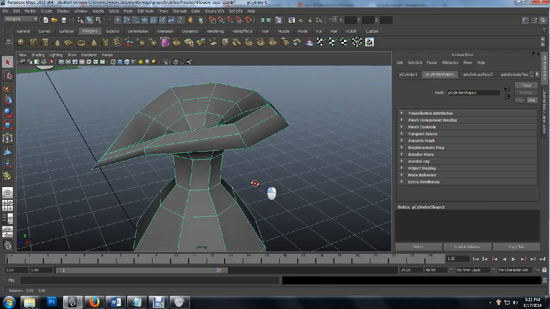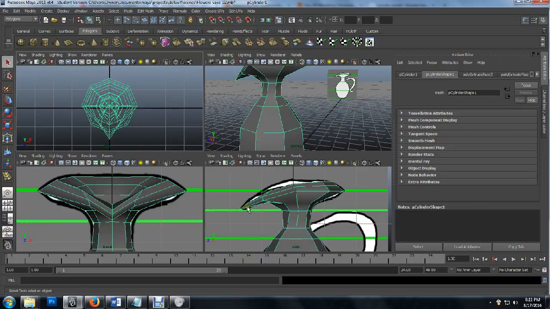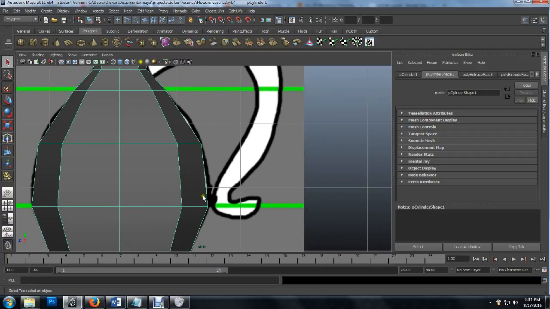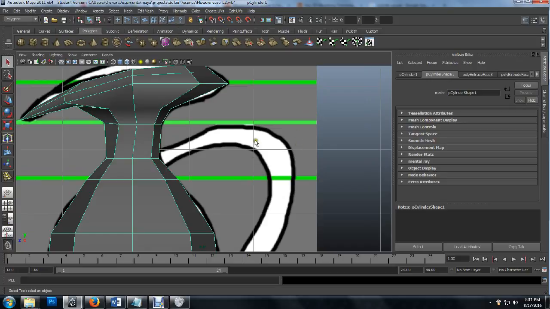Alright, so before I get to putting this handle on, and I'll show you in the side view here, this handle connects right in between the small of the back right here, and then this one connects down here. There's a few things we can do to attach this. We can take a cylinder and stretch it out and bend it and contort it. We could take a cube and do the same thing, or we can take